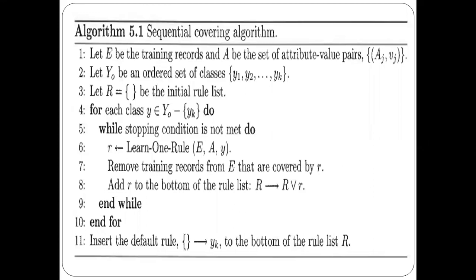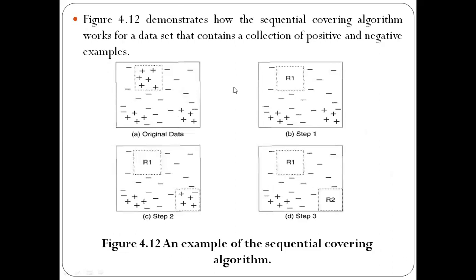Okay, one more thing, I can explain this with the help of one diagram here. As I said, in the sequential covering algorithm, we cover one rule at a time. Initially we have this original data. For this original data, the sequential covering algorithm will cover all the positive examples. All these positive examples are considered as one rule here, so that is going to be covered by the rule R1. All the other records which are not covered by this rule are considered negative examples.